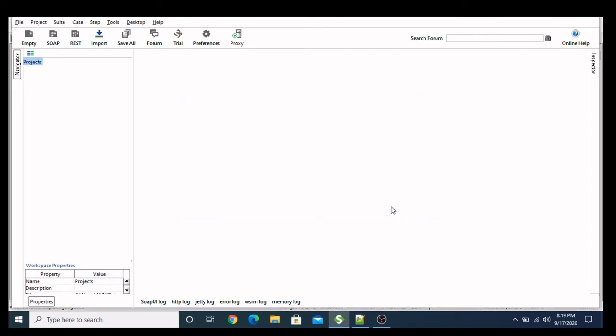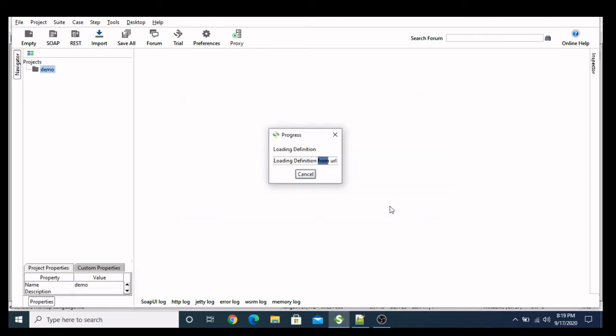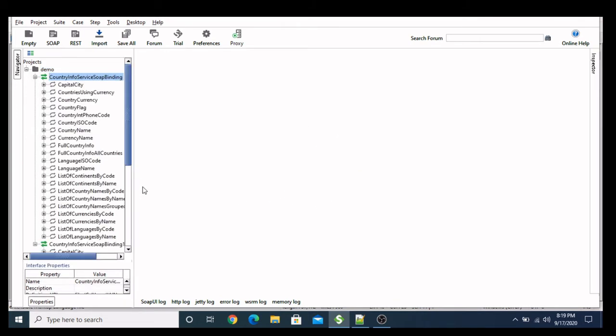I've imported the WSDL for country details. All these endpoints we have with us are described in the WSDL. Before starting the testing, you can ask your developer to provide you the WSDL for the SOAP APIs. It will make your life easy. Now let's see how our SOAP request looks.